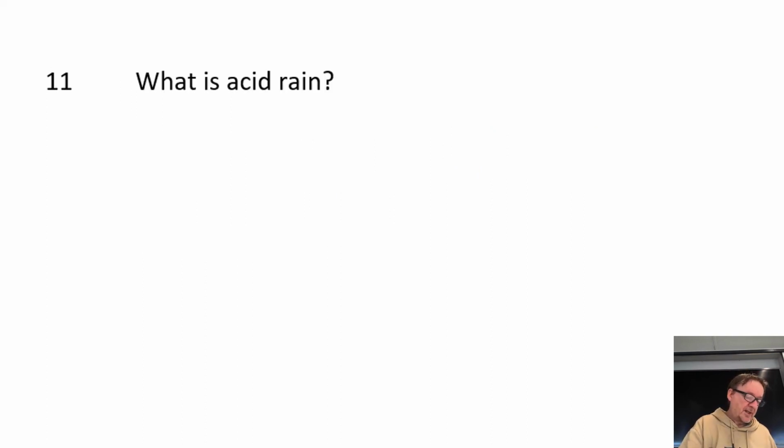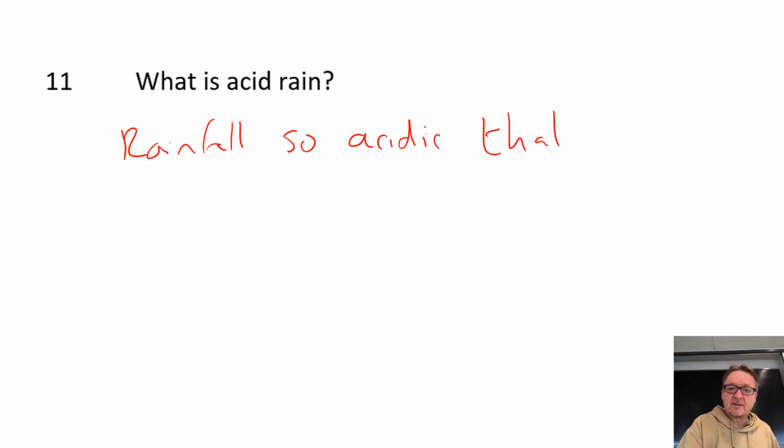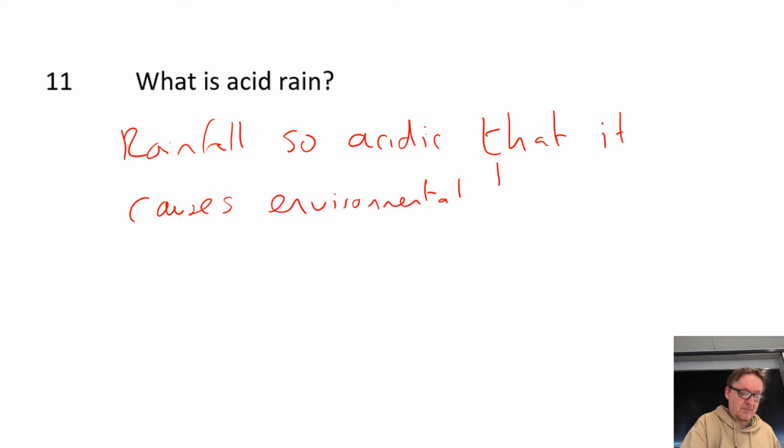Number 11, what is acid rain? It is rainfall so acidic that it causes environmental harm. Right, so you see statues on the side of churches that are kind of eroded away. There's lakes in Scandinavia that